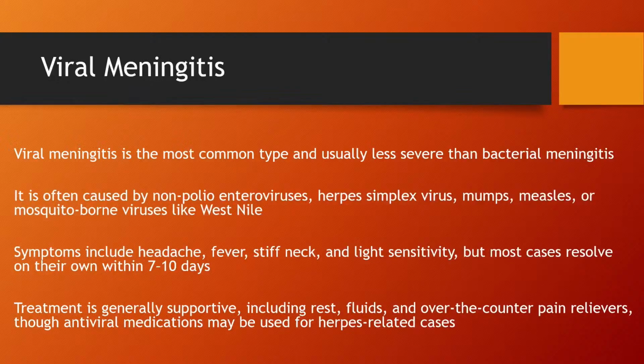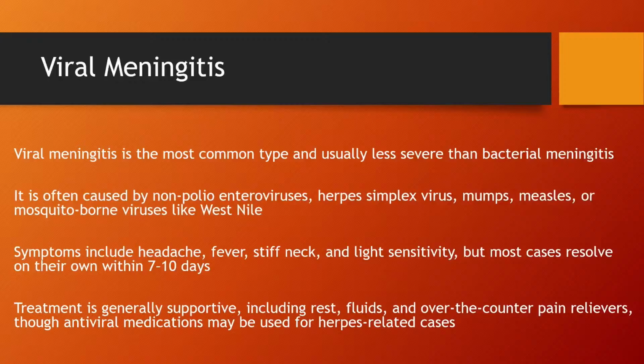Symptoms include headache, fever, stiff neck, and light sensitivity, but most cases resolve on their own within 7 to 10 days. Treatment is generally supportive, including rest, fluids, and over-the-counter pain relievers, though antiviral medications may be used